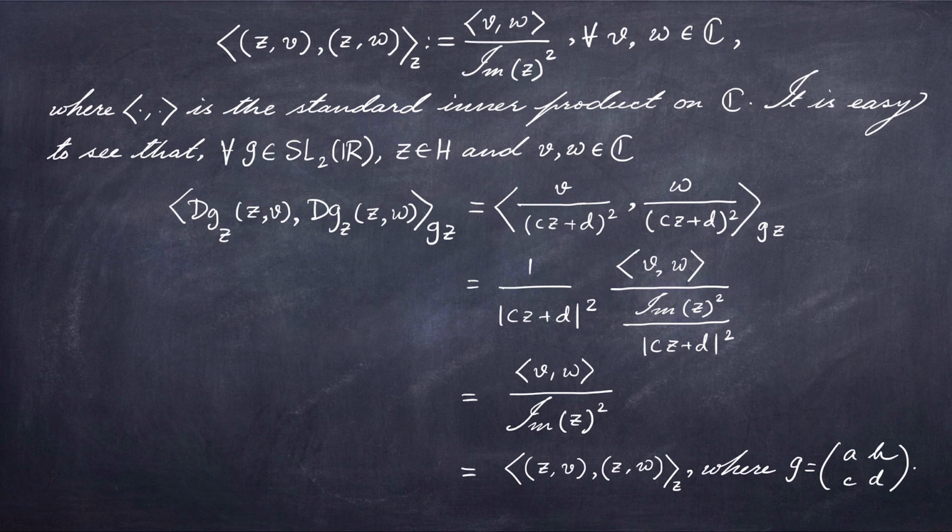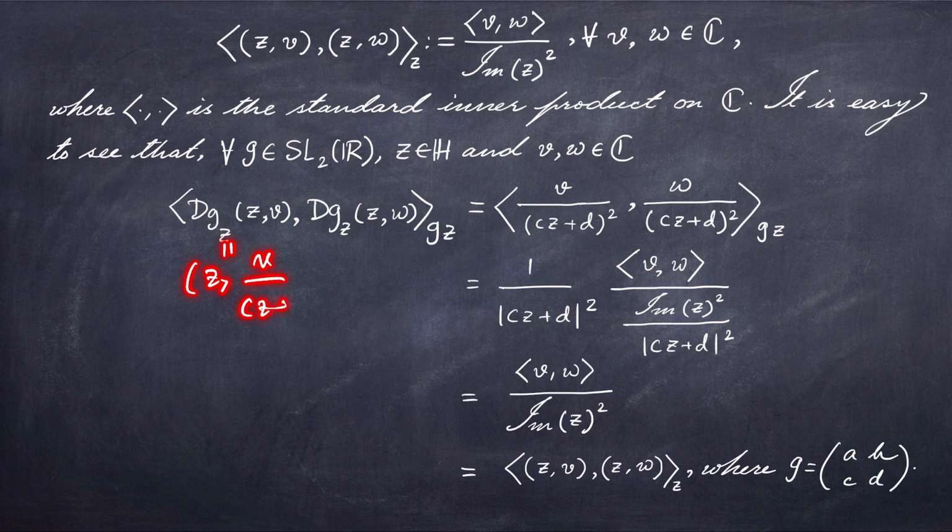So for that, let's observe that for any g in SL2R and z in H, and for any two vectors v and w in C, one has Dg_z(v) and Dg_z(w). So what is this? This is nothing but